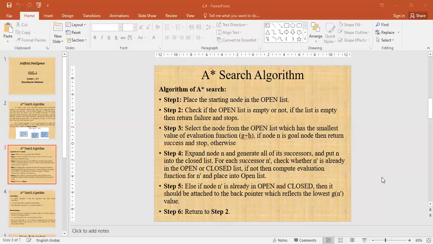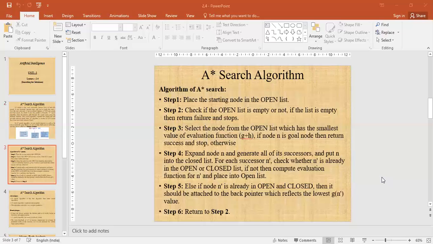So this is the algorithm of A star search algorithm. Step 1, place the starting node in the open list. Step 2, check if the open list is empty or not. If the list is empty, then return failure and stop.